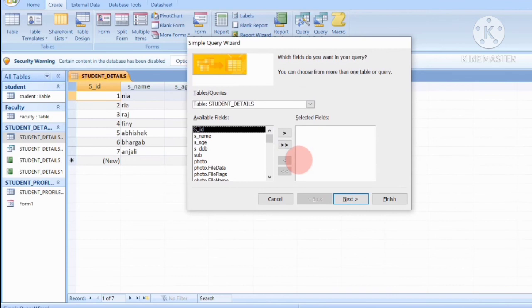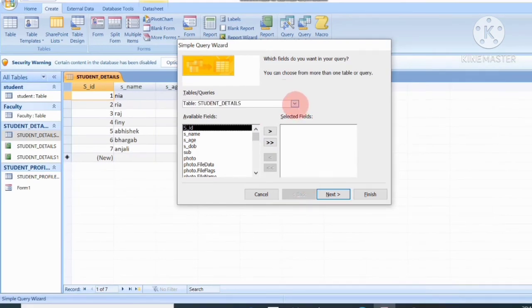After that, see here in the table option, 4 tables are available: faculty, students, student details, and profile. So I am going to select student details, because I want to create a query for this student details table. Okay, so see here these are the available fields for this particular table: SID, S name, age, DOB, photo, subject.